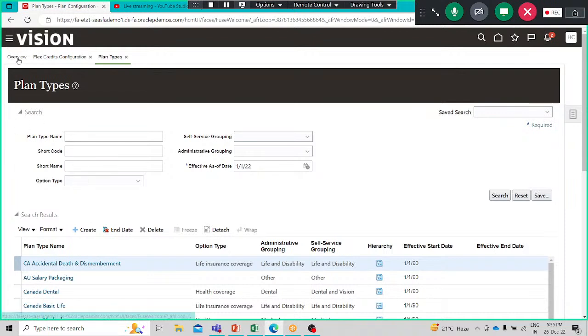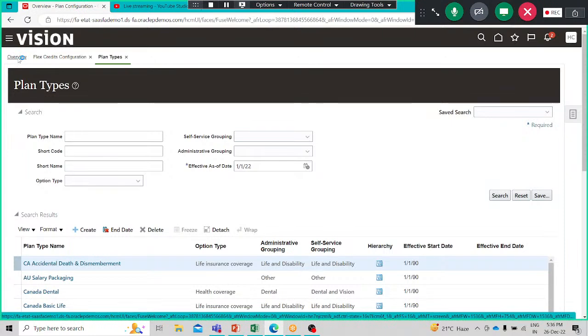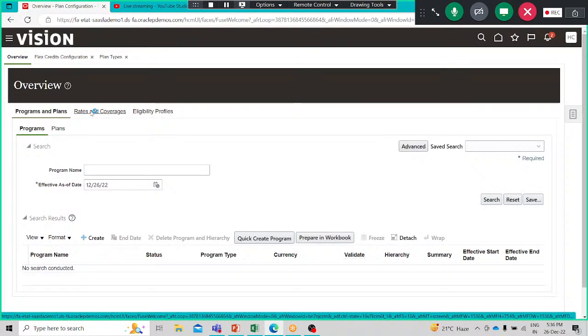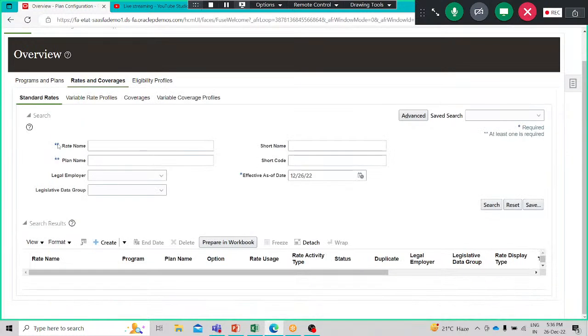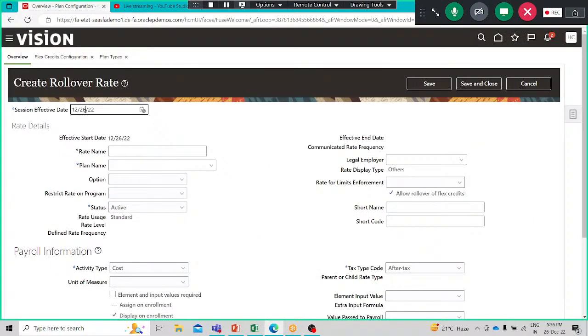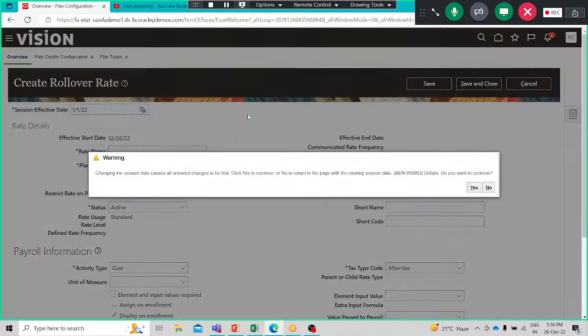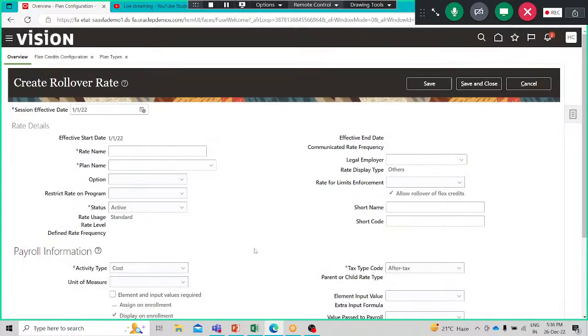So we have to go to the overview, then rates and coverage, and under standard rates here we have to select the rollover rate. Make sure to change the session effective date here. Then we have to give the rate name. So let's say